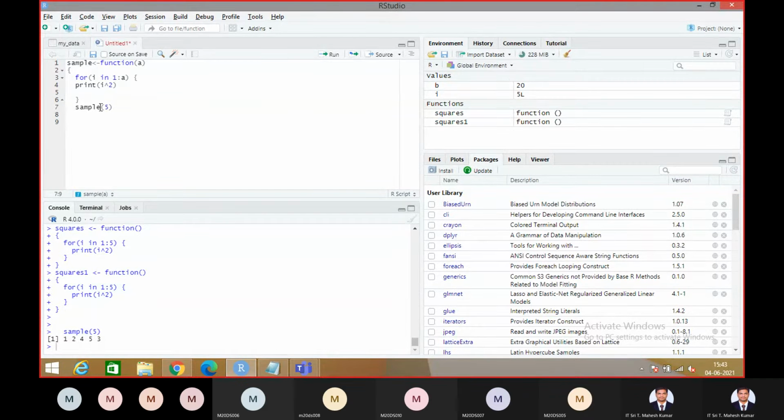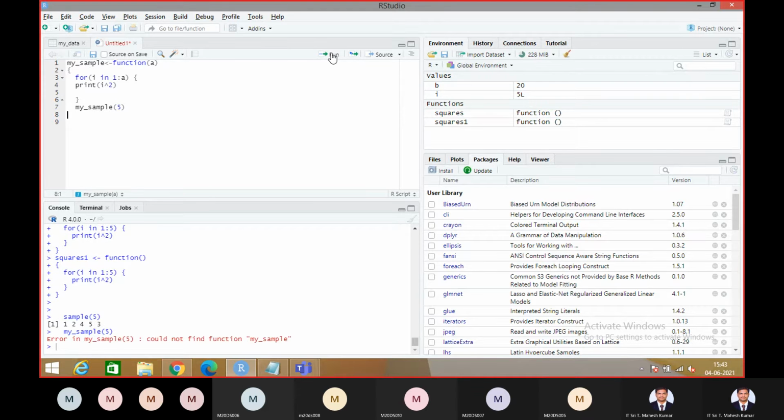Sorry, sample is one keyword, I think. My underscore sample. Okay, so again you have to create something, then it will execute. Actually, we should not rename it.